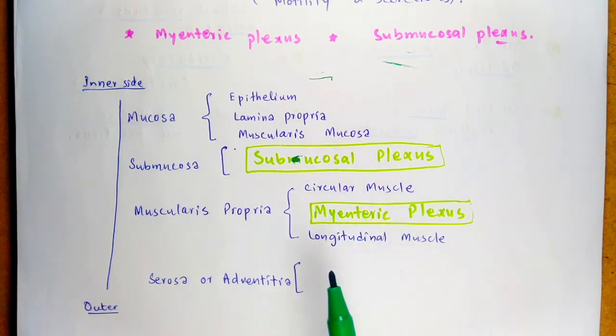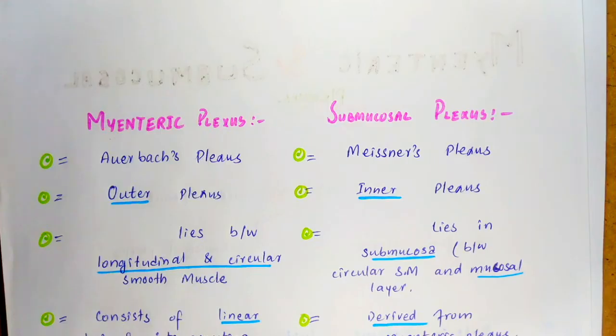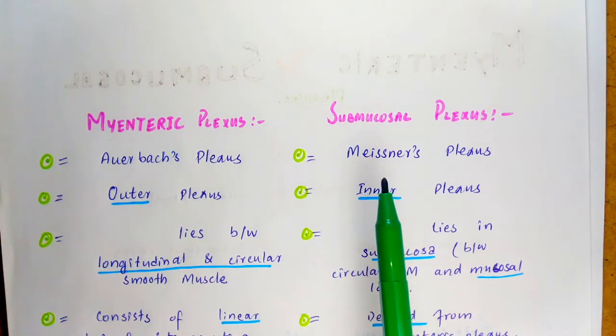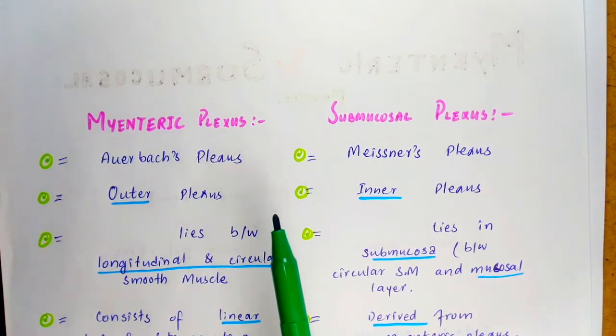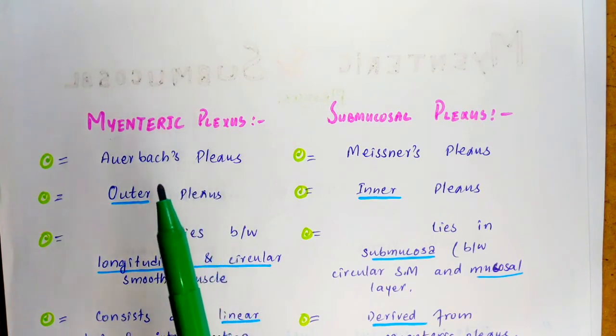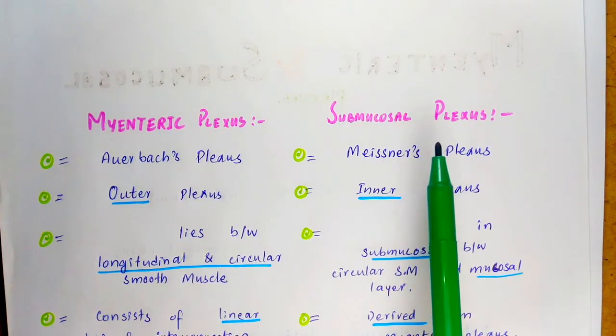There is sympathetic and parasympathetic control of these plexuses by the extrinsic nervous system. So stimulation of the sympathetic and the parasympathetic system can greatly enhance or inhibit the gastrointestinal tract functions. Although the myenteric and the submucosal plexus make up the nervous control of the gastrointestinal tract, there are some differences between these plexuses, which is the key content of this video. Okay, let's start. Myenteric plexus and the submucosal plexus.